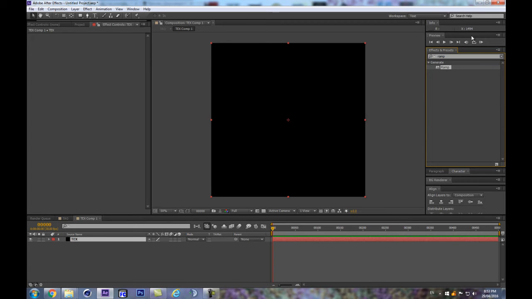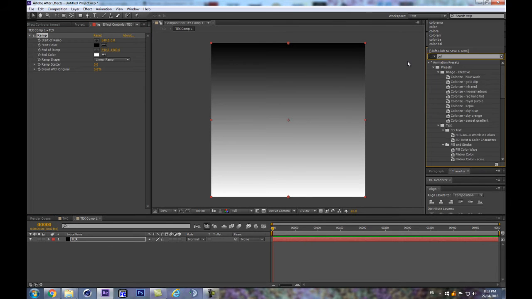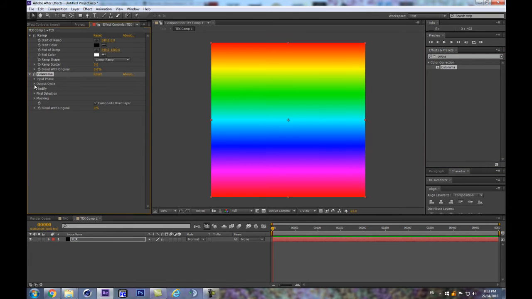an easy way to create some stripes, colored stripes, we can apply a ramp, and then on top of that we can apply a Colorama effect. It will apply a color pattern based on the black to white gradient that we have. So what we want to do is basically generate more triangles here and make ourselves a nice pattern. So